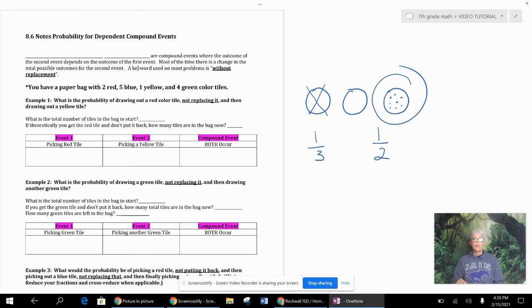So we have a situation right here that's different from yesterday. Yesterday, we talked about independent events. Independent means the one event, like flipping a coin, doesn't affect the next event, like flipping a coin a second time. But sometimes the event does affect the other event. And we call this dependent